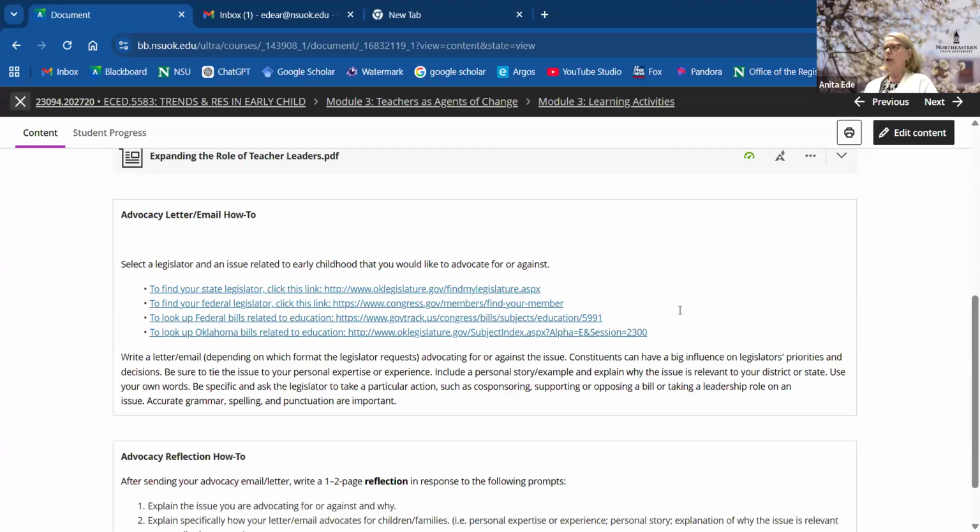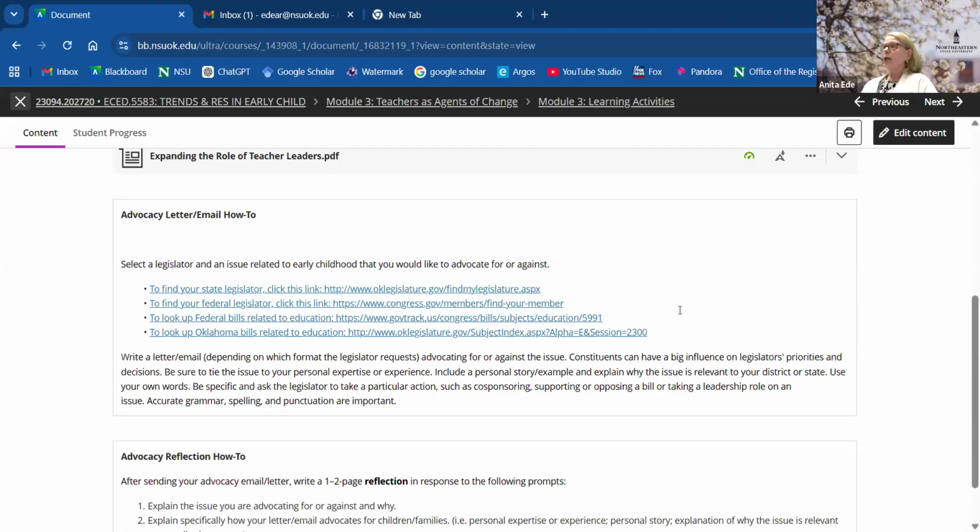If you are against or for a particular bill, cite the bill by name and number. And what action do you wish that legislator to take? So there you go. Make sure that grammar, spelling, and punctuation are really great because that also makes a difference when you send mail to your representatives.